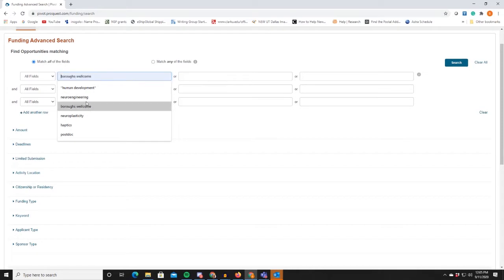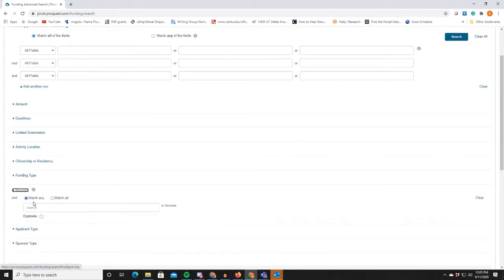You can see I've got some searches that I've done in the past. Pivot is a little old school in that they like quotation marks for phrases that you want the complete search of. If you don't want to put your own word here, you can go down to their keywords, and I will go back and talk about the rest of these. But one of the things I want to point out is,